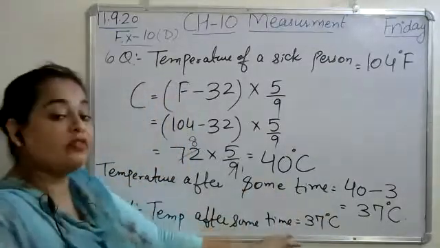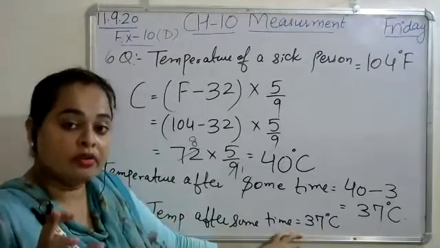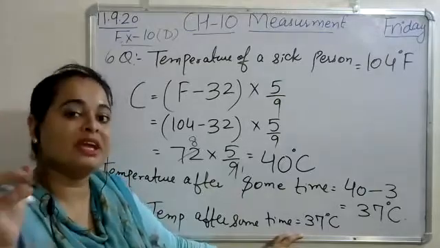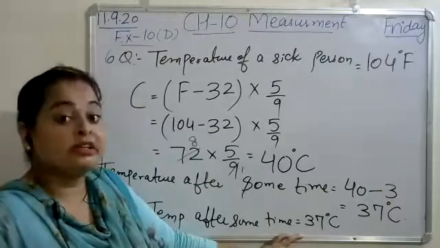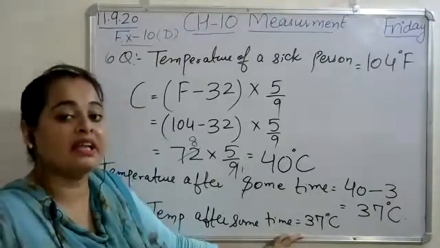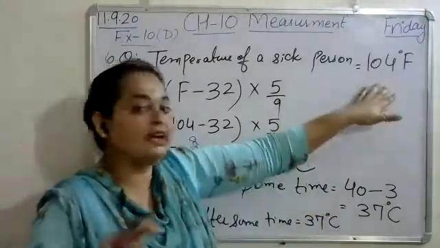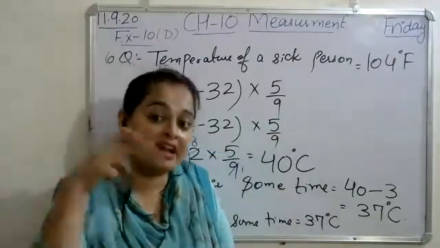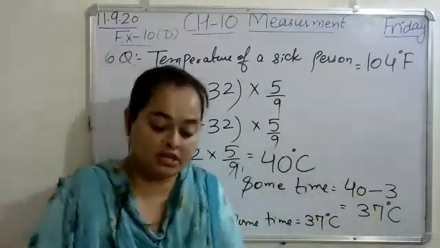So this is the way to solve these kinds of sums. First of all, read your statement very carefully. What is given, what is to be found, demand of which unit. If the final demand is of Celsius, then you will convert Fahrenheit to Celsius. But if the demand is of Fahrenheit, then you will convert all units to Fahrenheit.